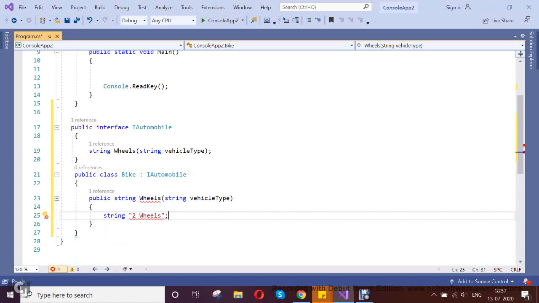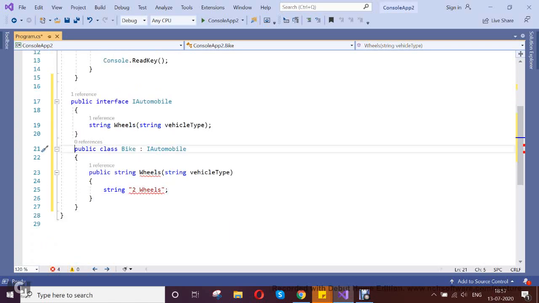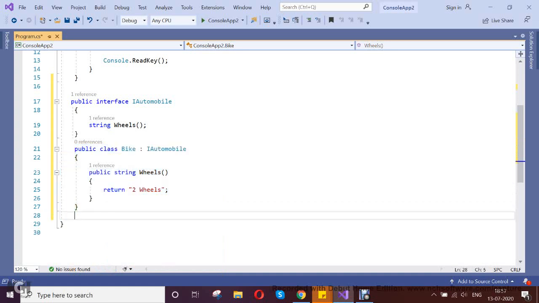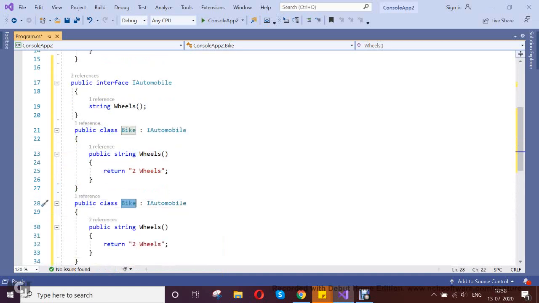We need no vehicle type as well. Now another class which implements the same interface, call it Car.